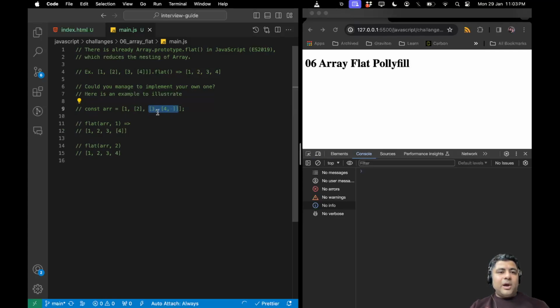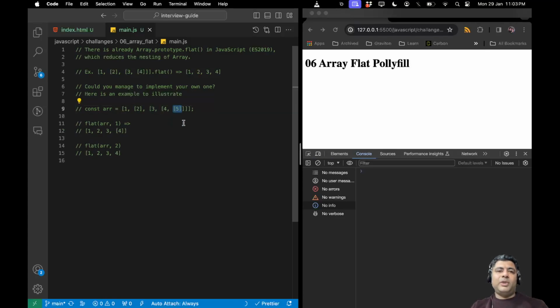Now this element starts inside depth 1 only, so this becomes depth 2, and if I had another element like this, then this becomes depth 3,